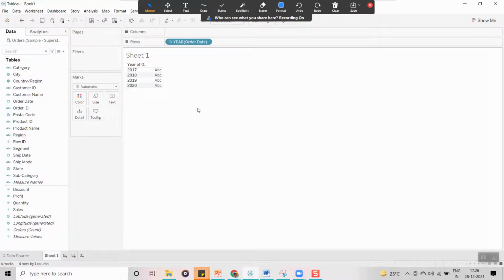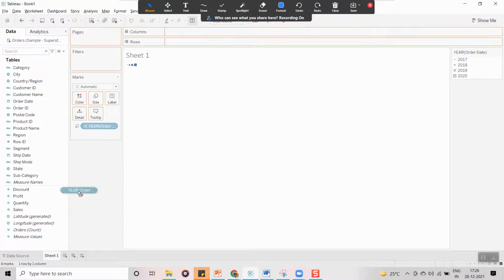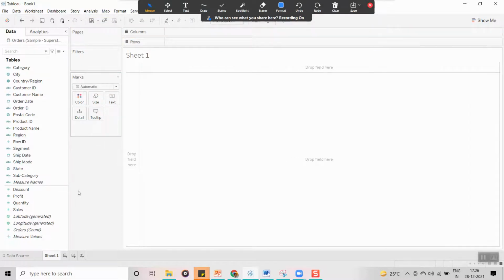Also, in some scenarios, for example, I want to know the number of customers, the distinct number of customers. Distinct means it is going to remove the duplicates.